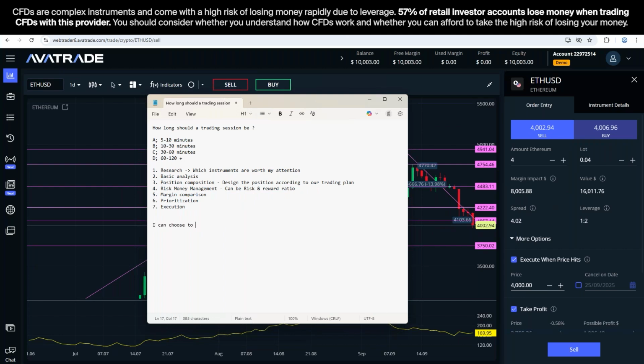I can choose to divide the trading session to various time spans depending on how long I wish to spend on each step,